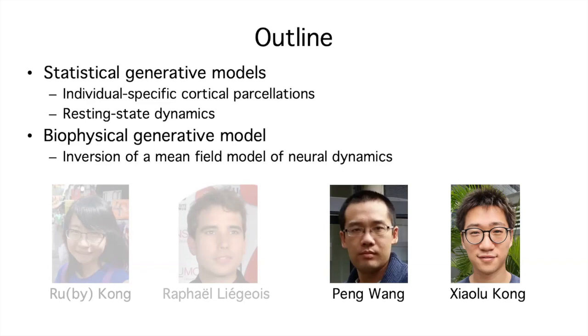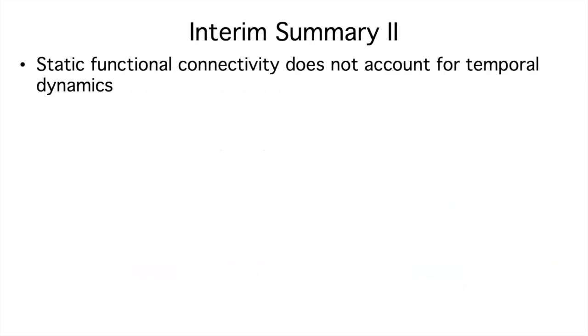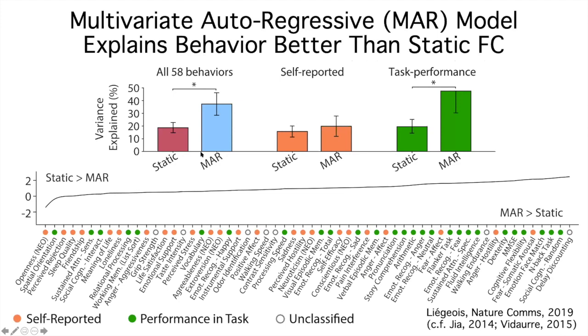Oh no, sorry, I was not being clear. This prediction is actually for traits. In all of these cases, I'm using it to predict traits. So these are behavior measures that were measured outside the scanner. There are, of course, other people who have tried to relate the time-varying dynamics to ongoing cognition, which is of course much harder to do. Okay, thank you.